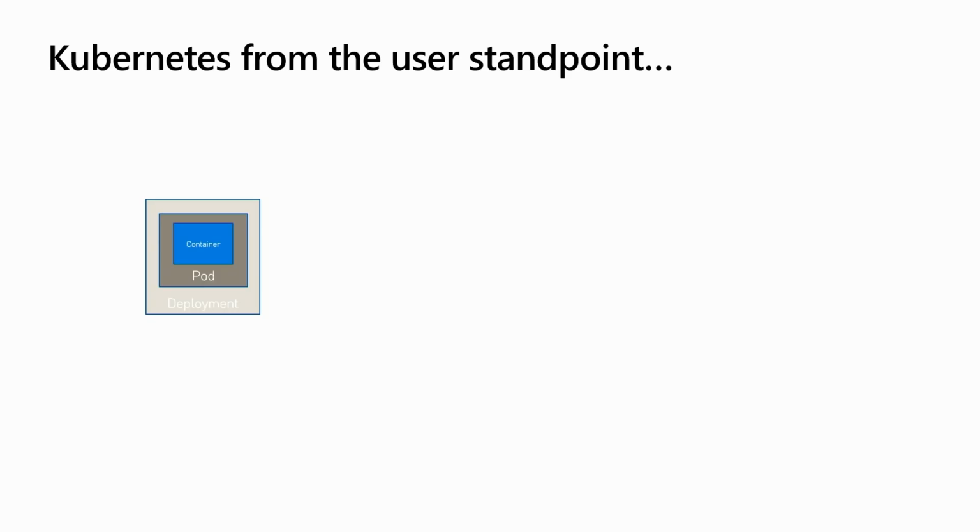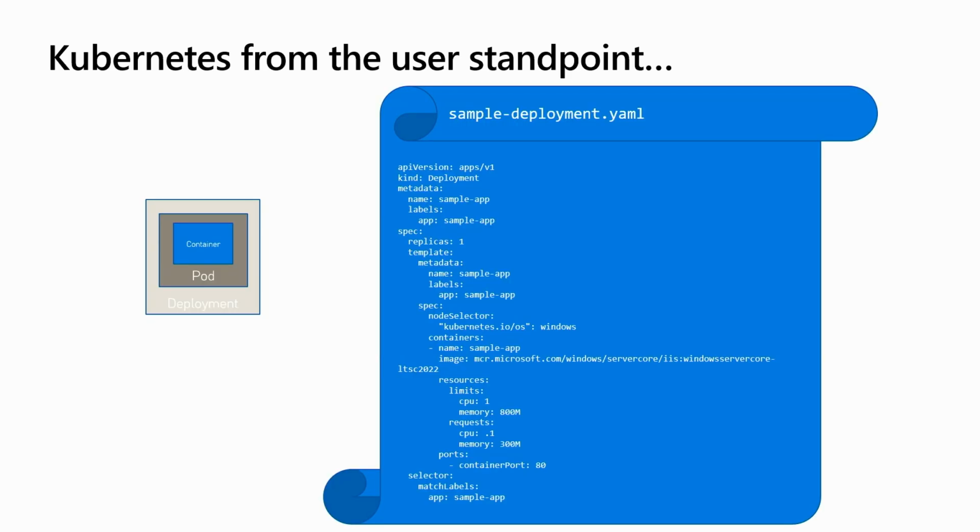Exactly. So everything in Kubernetes is what we call a YAML specification. So this is the specification for my application. And essentially, the reason you want to do this is just like the Dockerfile, you want to make this reusable. So I can take the same specification, change the configuration for all the environments that I have, and it's going to run exactly the same way. But I can do this for VMs, because I can deploy using a script, a template, a Bicep file, a Terraform script that will have all that information in it.